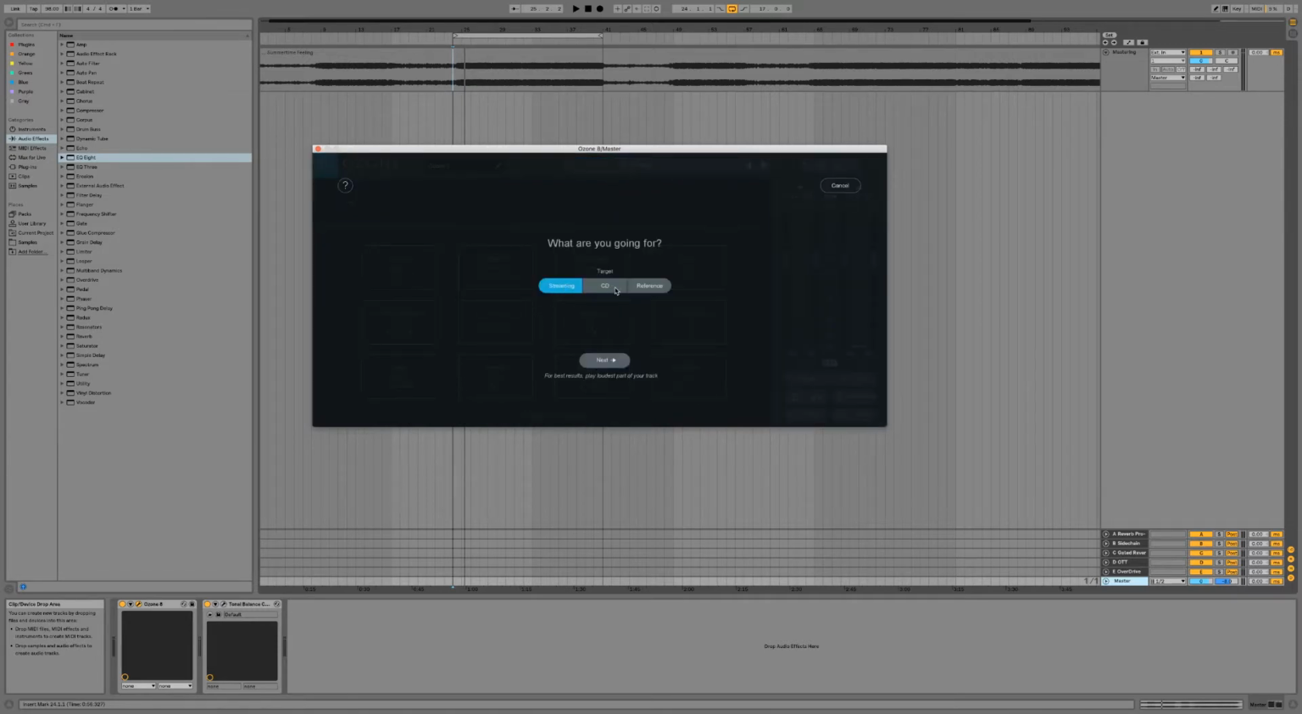So we have three different targets: streaming, CD, and reference. Streaming is going to be the lowest volume of the three. Mostly because if you're mastering something targeted for streaming, you're going to be targeting negative 14 LUFS, which is a loudness unit measurement. It's a little bit different than peak and RMS levels, but it's going to be really, really quiet. In comparison to something that you would buy off of iTunes or something,